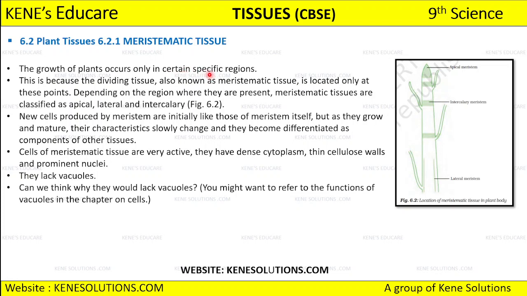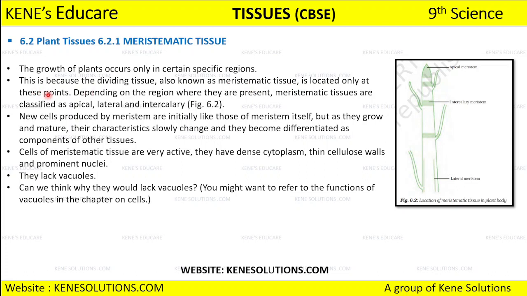आपको पता है जो प्लांट का ग्रोथ है वो एक स्पेसिफिक रीजन में होता है, ऐसा नहीं है कि पूरा का पूरा प्लांट ग्रो होता है, नो. The growth of the plant occurs only in a certain specific region and this is because of the dividing tissue which is present within them. ऐसा क्यों हो रहा है? Because of the dividing tissue which is present, and this dividing tissue we also know as meristematic tissue, okay? और ये meristematic tissue जो है